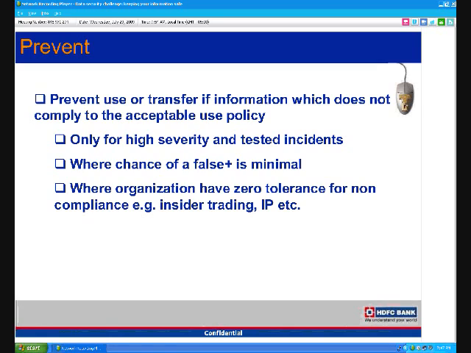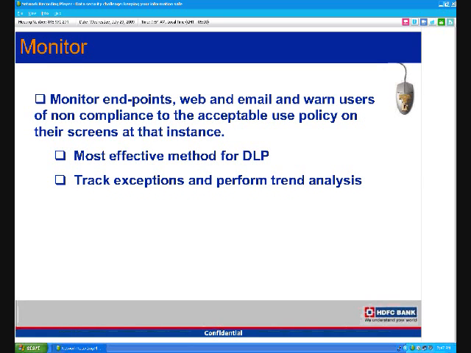The next part, which is really the most important aspect and a quick win which is available and easy to deploy, is how you do the monitoring part. What you can do here is have the same policies working, but instead of prevention mode, it works in a monitoring mode, wherein it pops up a message to the end user saying that what you're trying to do, whether you're copying a file on your USB stick, sending a file on your email, or uploading some information on the web, is against the policy, and you have a choice whether to continue or not.